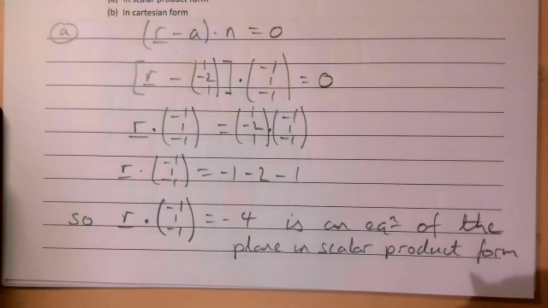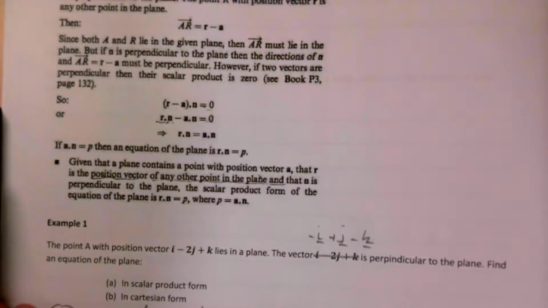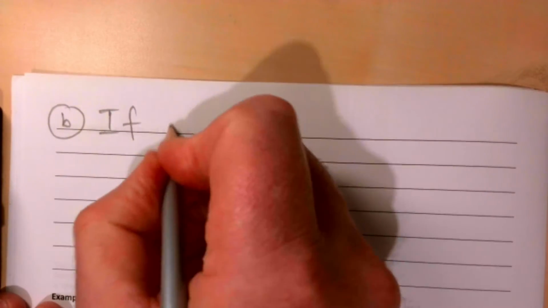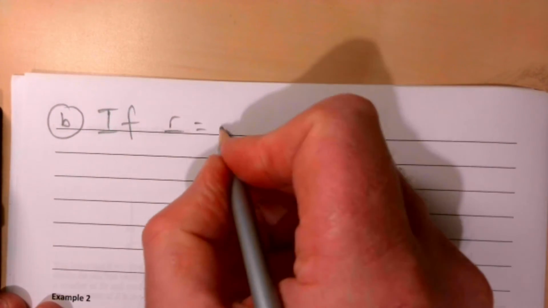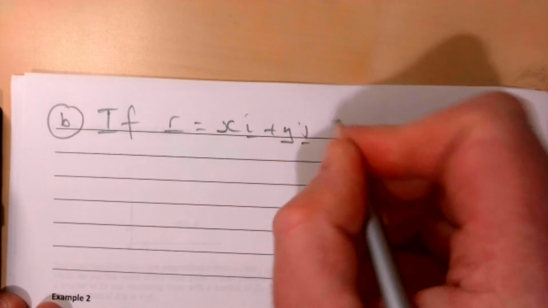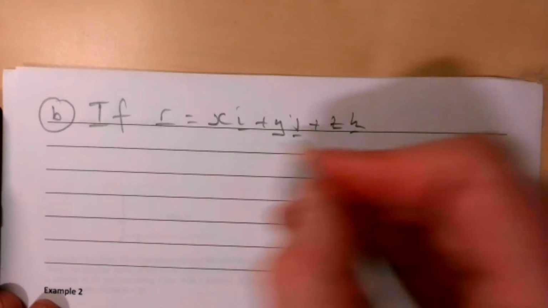So that's part A. Second part then is in Cartesian form. So I'm just going to use what we've just worked out there really. This is part B. Part B, if we're going to let R, which is our standard point, be xi plus yj plus zk. So if R equals that,